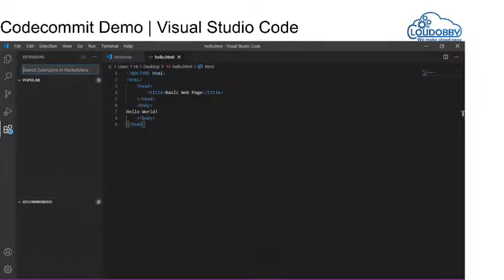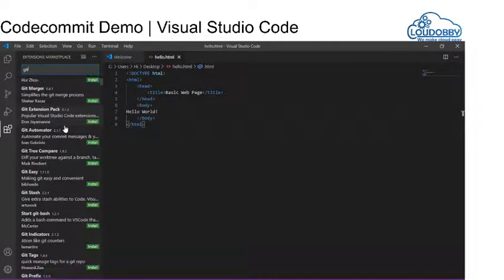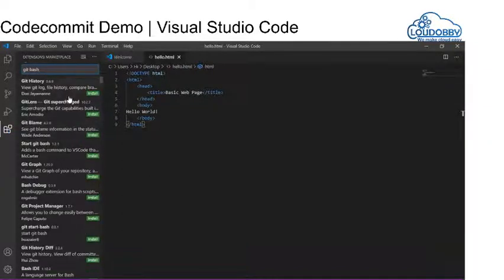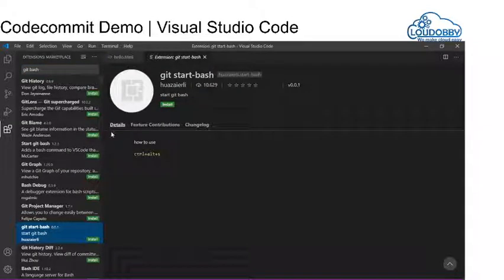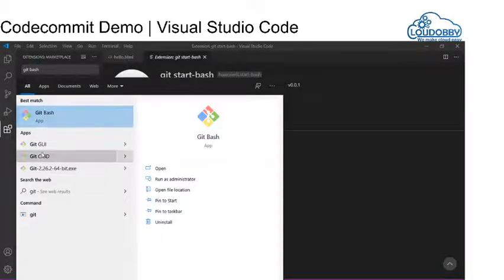I'm going to the plugins extension. I'm going to use the Git plugin. As I said, this is going to be the same as Git. So you can use Git Bash. You can either install Git Bash or a plugin here, or you can also use the Git downloader, Git GUI, or Git command. If you are using Windows, you can use the Git command, and if you already have Git Bash, then you can use the Git Bash software separately to clone this application.